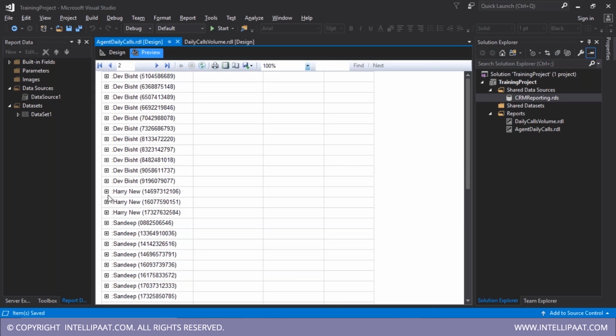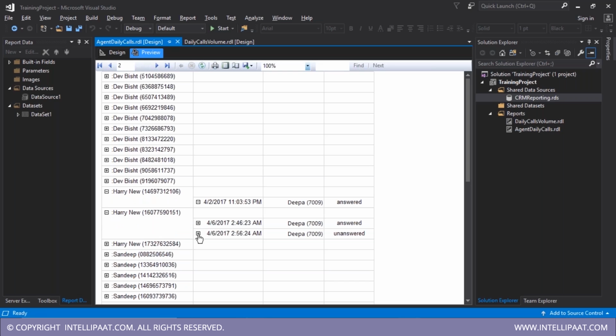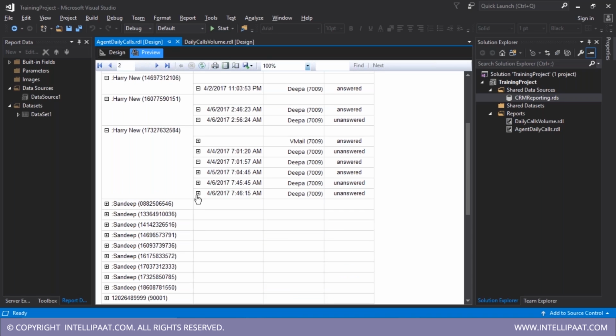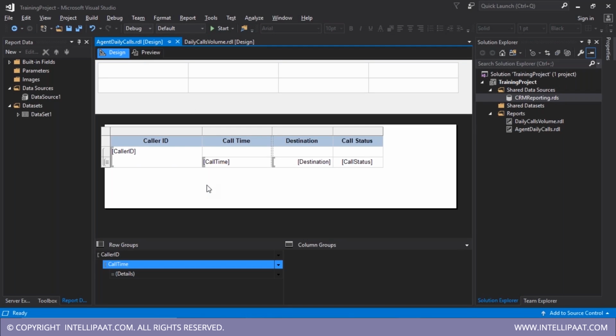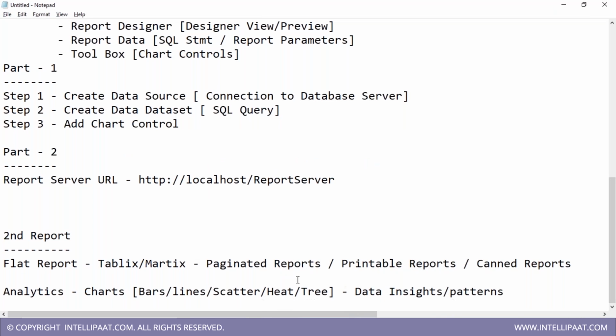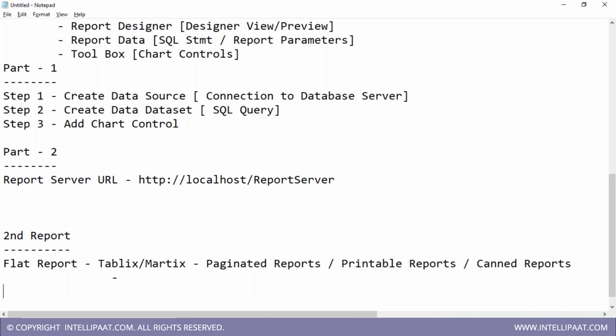So now I can go to a particular user, and for a given date, there's only one call placed here. Here for 2 days. There's one. So what I have designed here is called drill down or drill to. But before that, what we have done is we have created groups. This feature is specific to your Tablix report. Your flat reports are not only paginated reports, printable reports. These flat reports also give you the flexibility of creating groups, grouping,